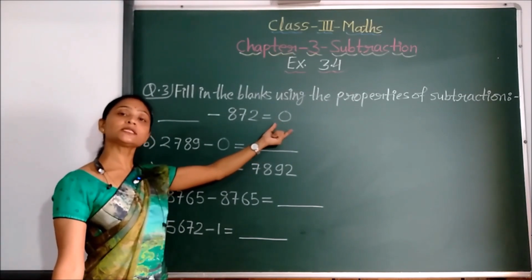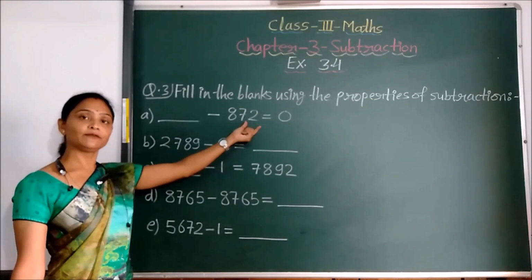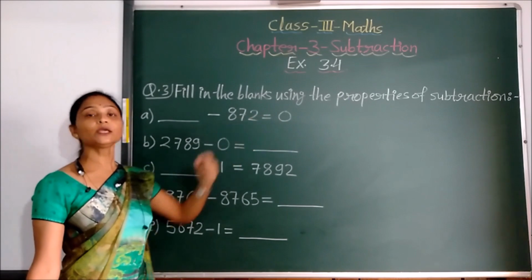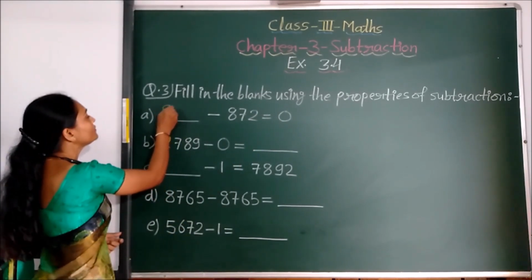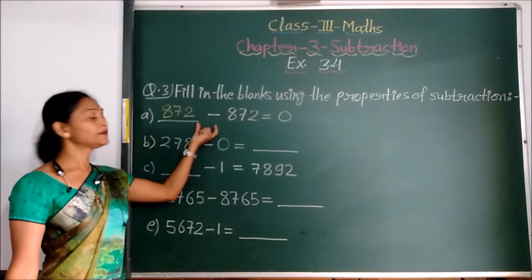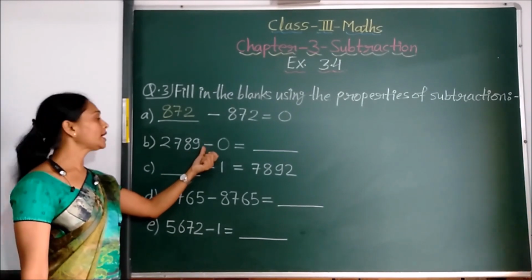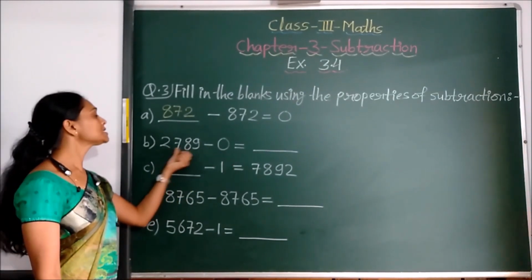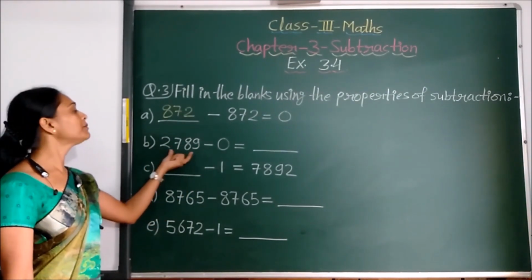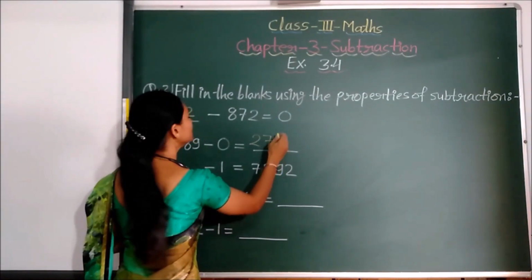When we are getting 0, which is this property children? When we subtract the number itself with the number we are getting 0. Means here in fill in the blank which number is there? This is 872 itself. Then see here 2789 minus 0. If we are subtracting 0 with any number, then what we are getting children? We are getting the number itself. So here we will get this same number